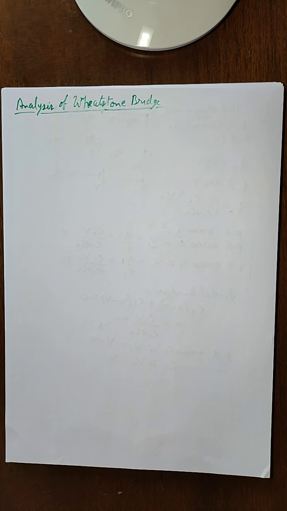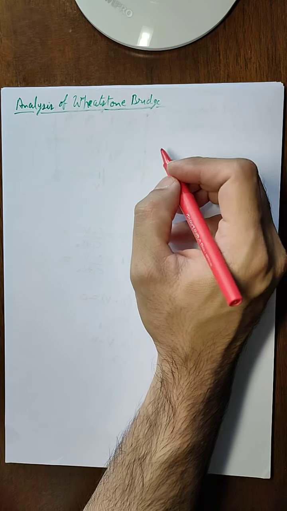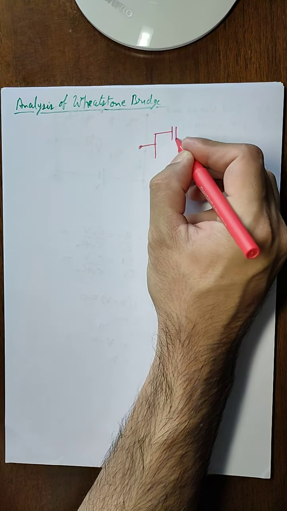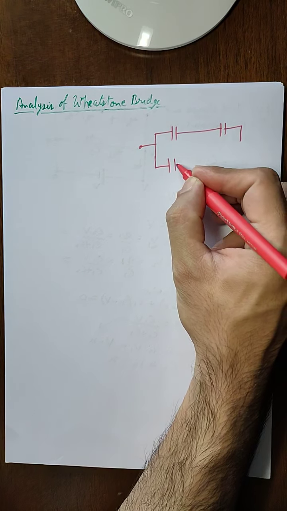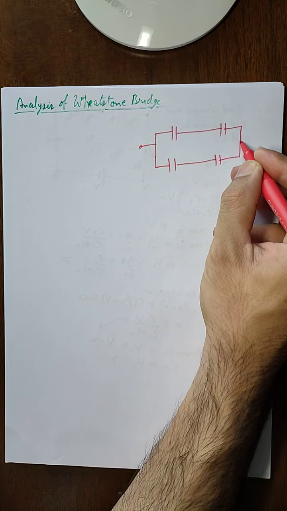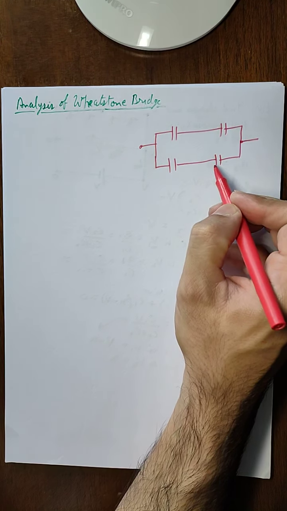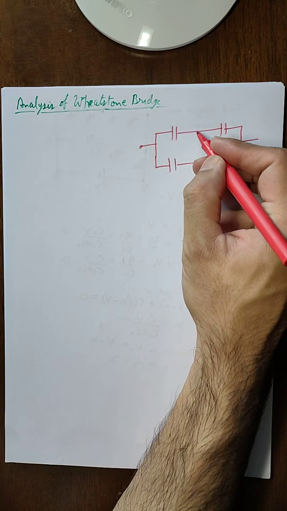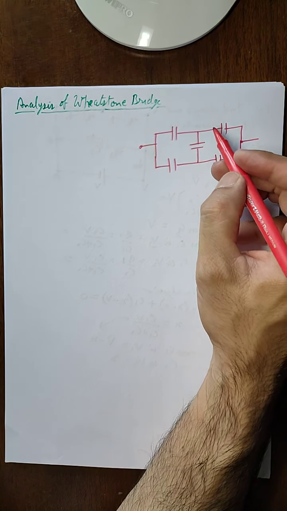Now in this video we will analyze a special kind of circuit which is called a Wheatstone bridge. Now in a Wheatstone bridge the capacitors are joined in a specific manner, such as these two capacitors are in series and these two capacitors are in series, and together both the branches can be in parallel. But in a Wheatstone bridge there is another capacitor which is joined like this between these capacitors and